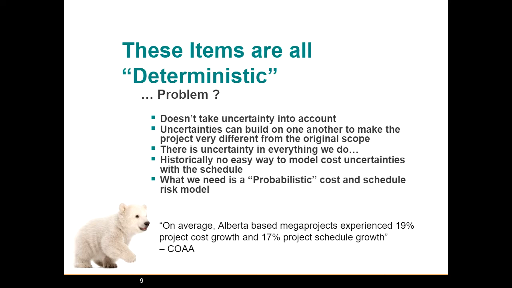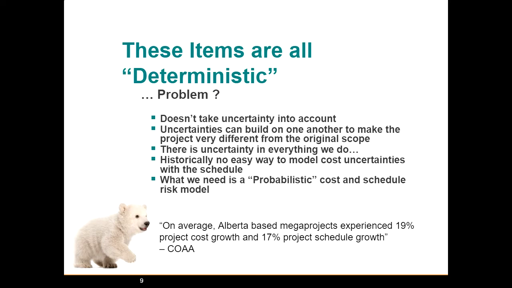So historically, there's no easy way to model cost uncertainties with our schedule. So that's the other thing that happens is we've built cost models, we've built schedule models, but we've never managed to link the two together. Now, what we really need is a probabilistic cost and schedule risk model to help us understand exactly what's going